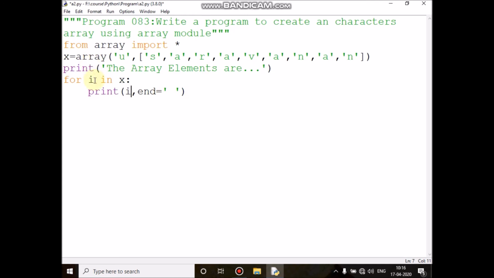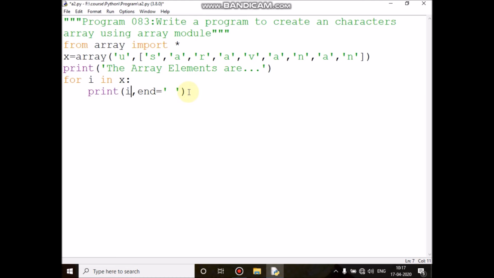Then control comes here, and now it will move to the next element. Now the next element R will print, and it will give one blank space. The cursor will be there only. Then control comes here. It will move to the next character. So now i is indicating x of fourth character, that is A, it will print, and it will give one blank space.